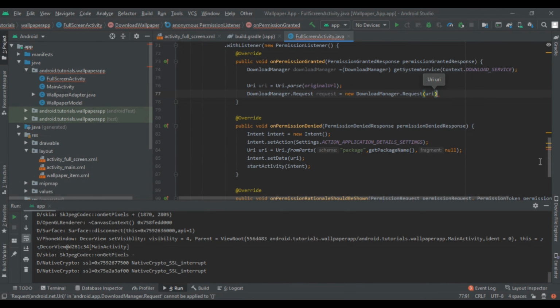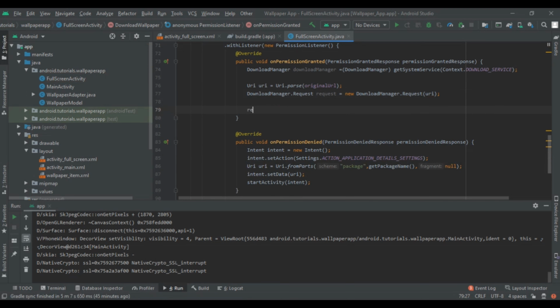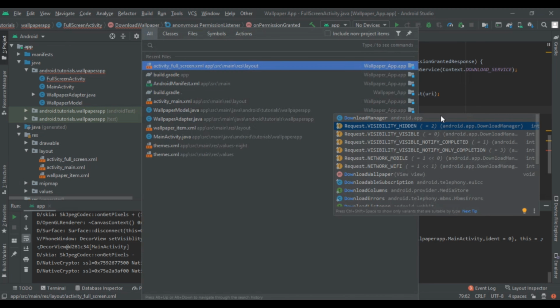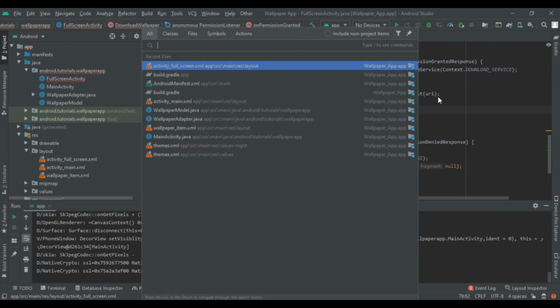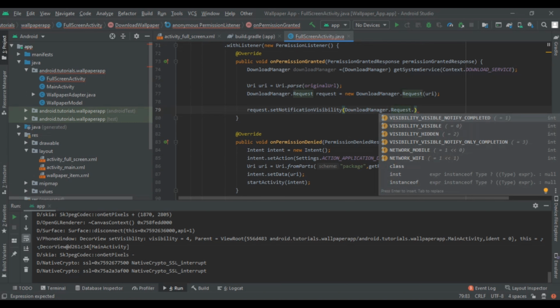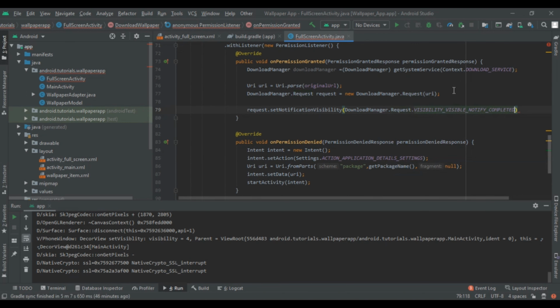Then close that and write request.setNotificationVisibility, and then write DownloadManager.Request.VISIBILITY_VISIBLE_NOTIFY_COMPLETED.